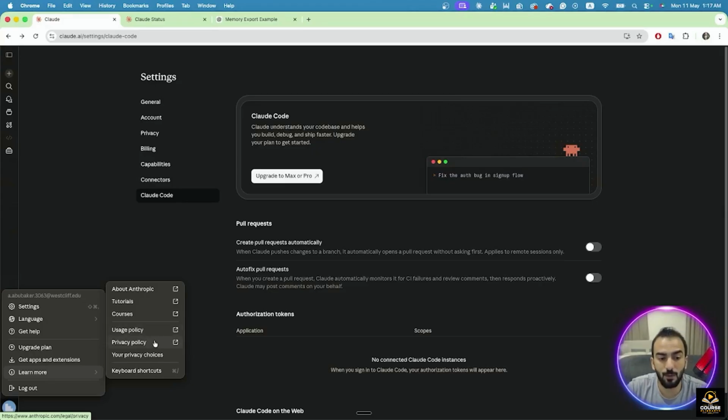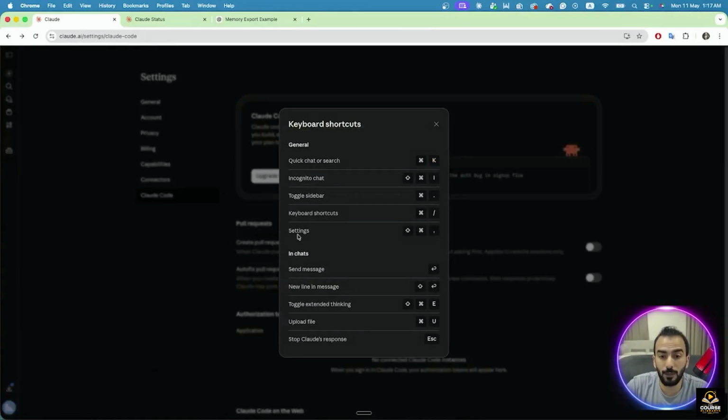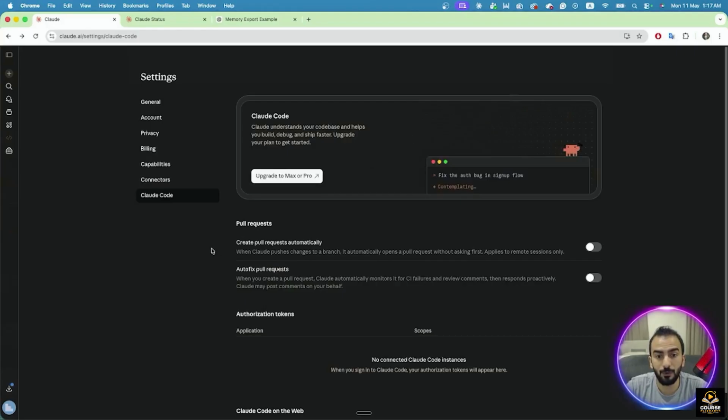We also have their privacy policy. What are your privacy choices? What do you choose? What are the things you've selected regarding the privacy policy? You can edit and view them. We have keyboard shortcuts for people who like using keyboard shortcuts. You can, for example, press command here on the keyboard, or for example, incognito chat. We'll also talk about incognito chat in a bit to activate them. You know what I mean? From the keyboard. All of these shortcuts